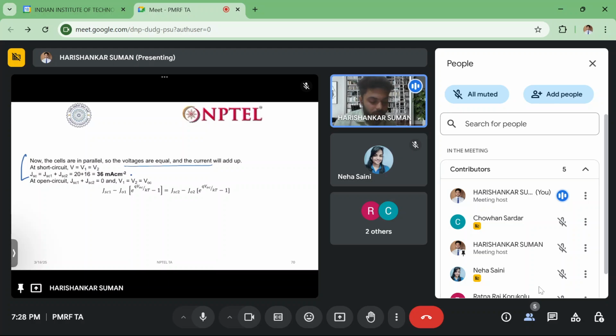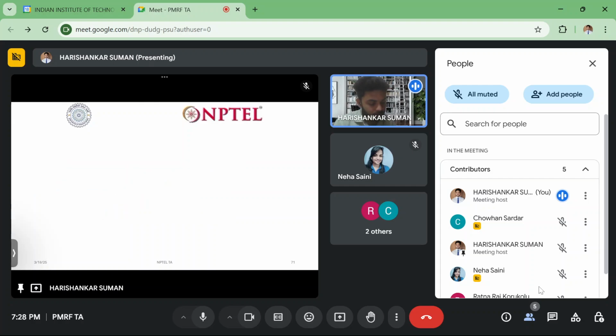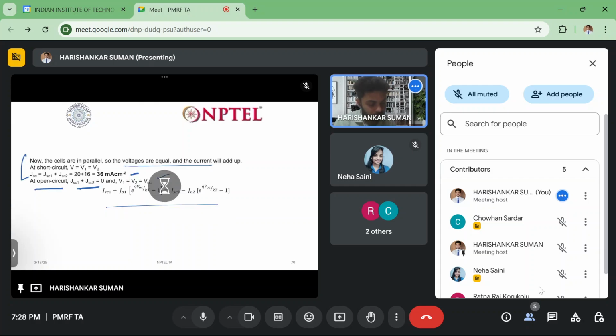Current will be 36 milliamp per centimeter square, and at open circuit we know the current will be 0. Here we can calculate the VOC. Applying this condition, VOC will be 0.52 volt